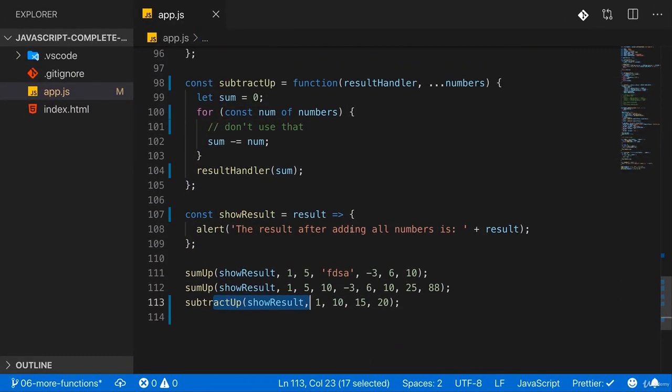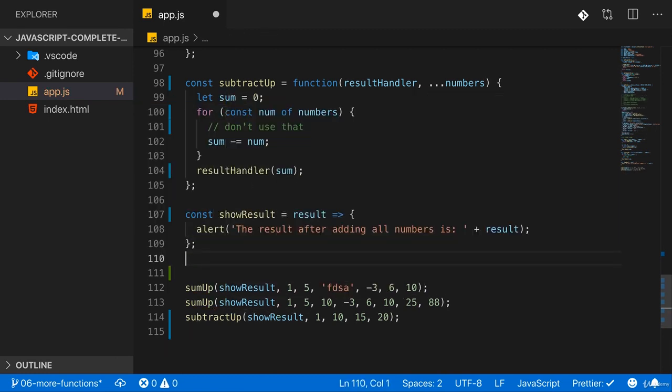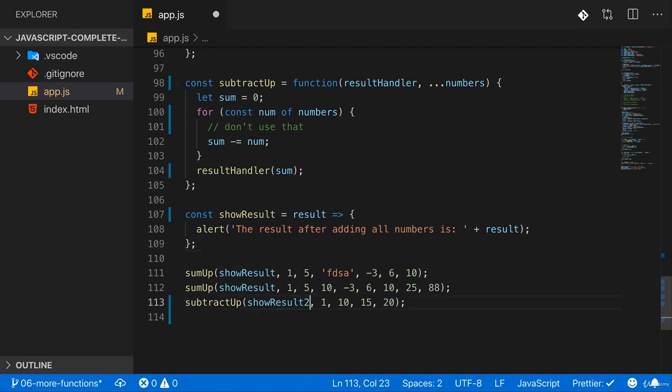So we want to change the message, but if I change it here, it will be changed for SumUp as well. Now, of course, we could create a new function here. We could create showResult2, where we have a different message, and use showResult2 here and showResult there. That would work, but you probably see that you would create a bunch of different functions